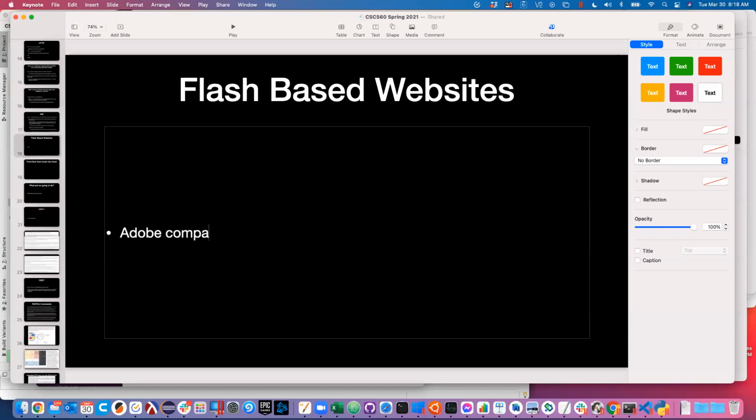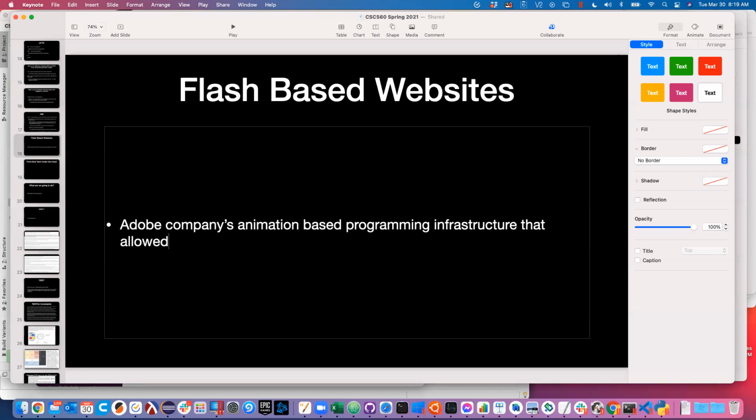Adobe called it an animation-based programming infrastructure that allowed dynamic content on HTML-based websites, because